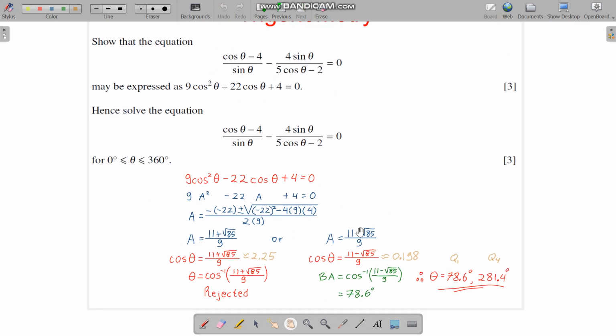Last one, we're going to start with the quadratic. This is just like the usual quadratic. Replace the cos with a, solve for a, so that means cos theta could be this or cos theta could be this. This is bigger than 1, so it's impossible for cos of any angle to be bigger than 1. This is of course rejected. Or if you use your calculator here, you will get an error. And here if you use your calculator, you get the base angle, which is 78.6, but it says here the theta is between 0 and